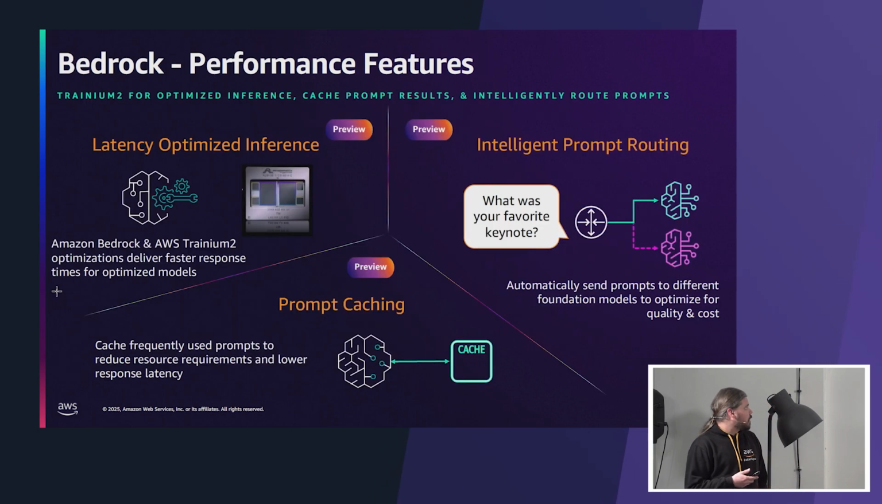What's next? As I said, it will be Bedrock focused. So the next batch of features is focused on Bedrock performance. So how to improve performance of the models or make inference cheaper. First one is latency optimized inference, which means that some models, and by some I mean specifically Haiku 3.5, were